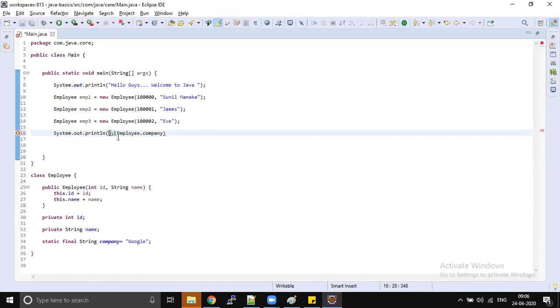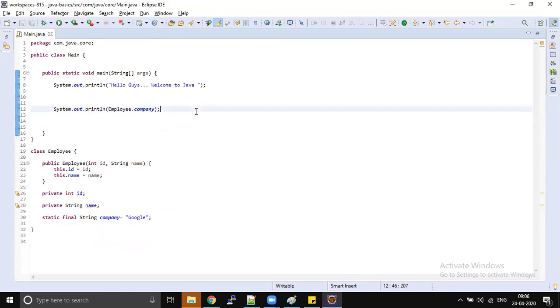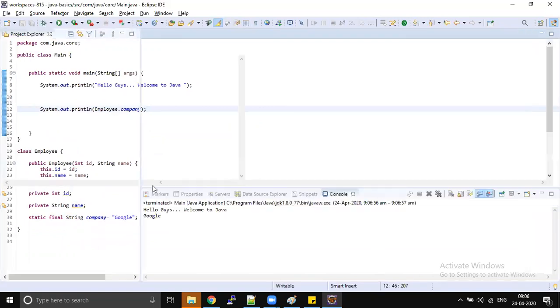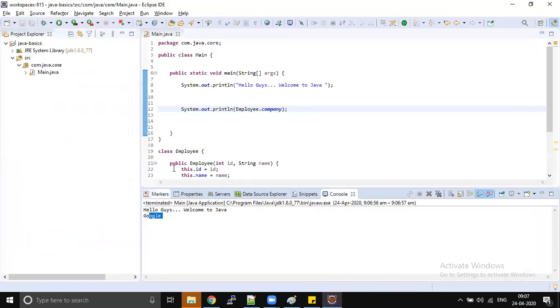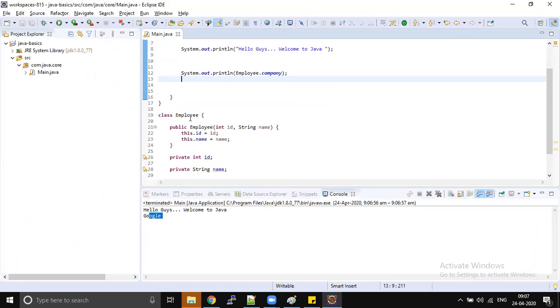You can print it on the console without creating an object also. Even if I remove the code and run it, the message will still be printed and the company name is printed. So to access a static variable, object creation is completely optional.